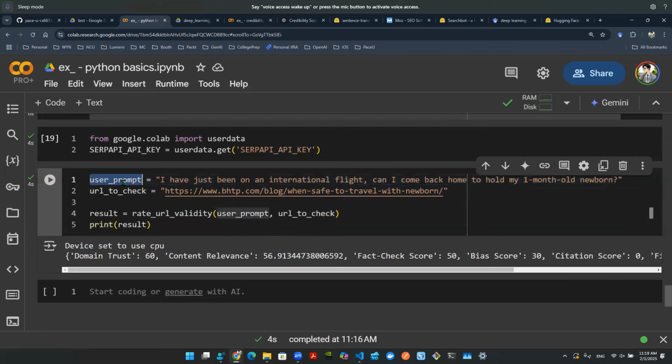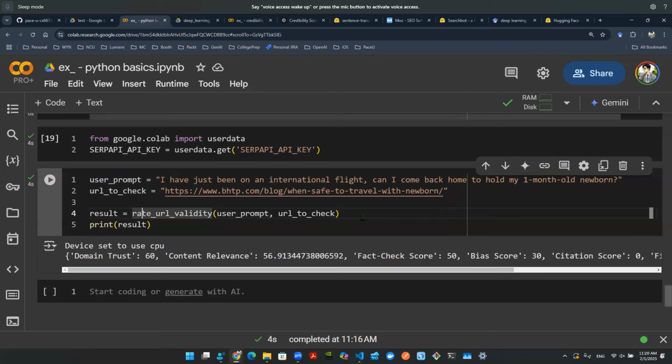I personally think the user prompt is probably going to be a requirement at the moment. You can't just grade a website as a website itself. You have to grade a website against the user prompt. So that's the structure that we're proposing in this session, and that's the structure that I'm hoping you can all understand and reproduce in terms of the